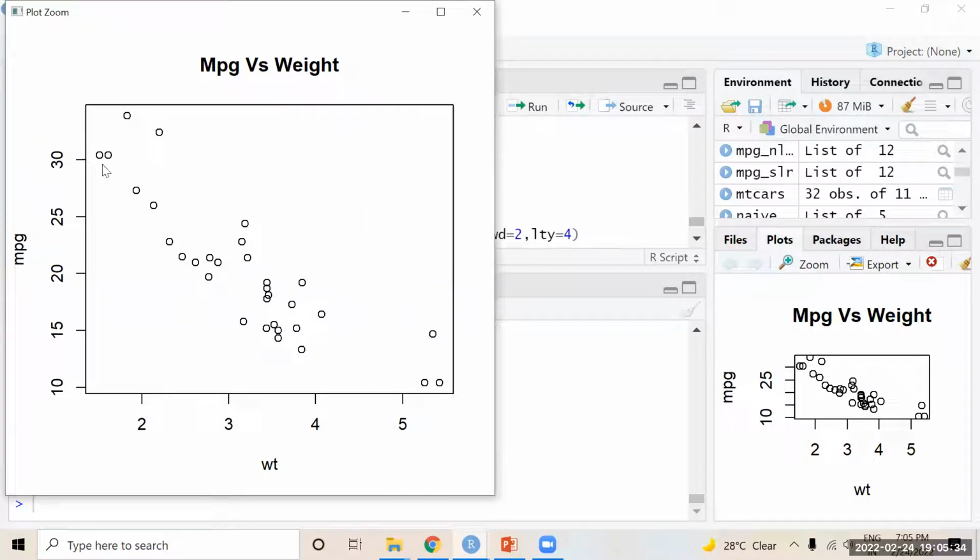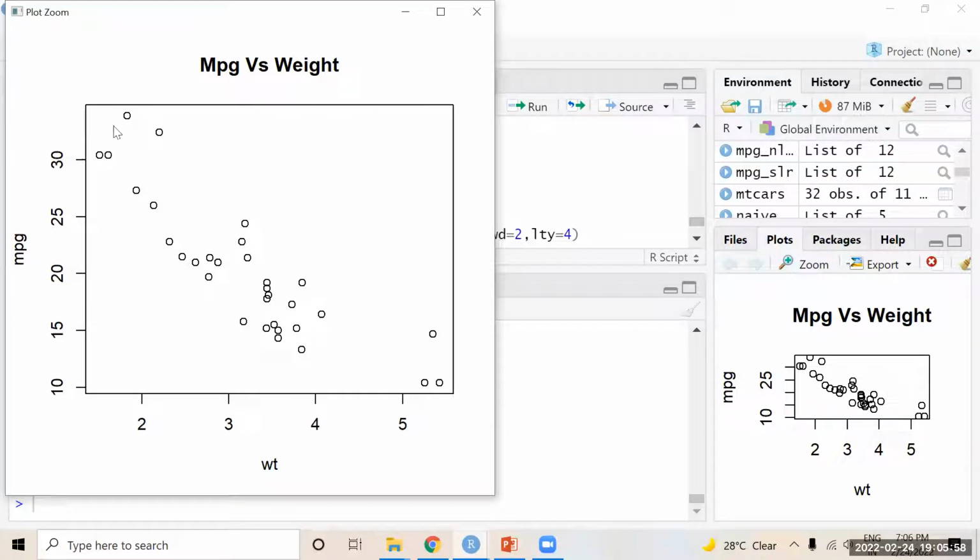You can see here every dot, every bubble is a representation of two values: one is weight and the other is mileage. So 32 observations, 32 bubbles, 32 points.